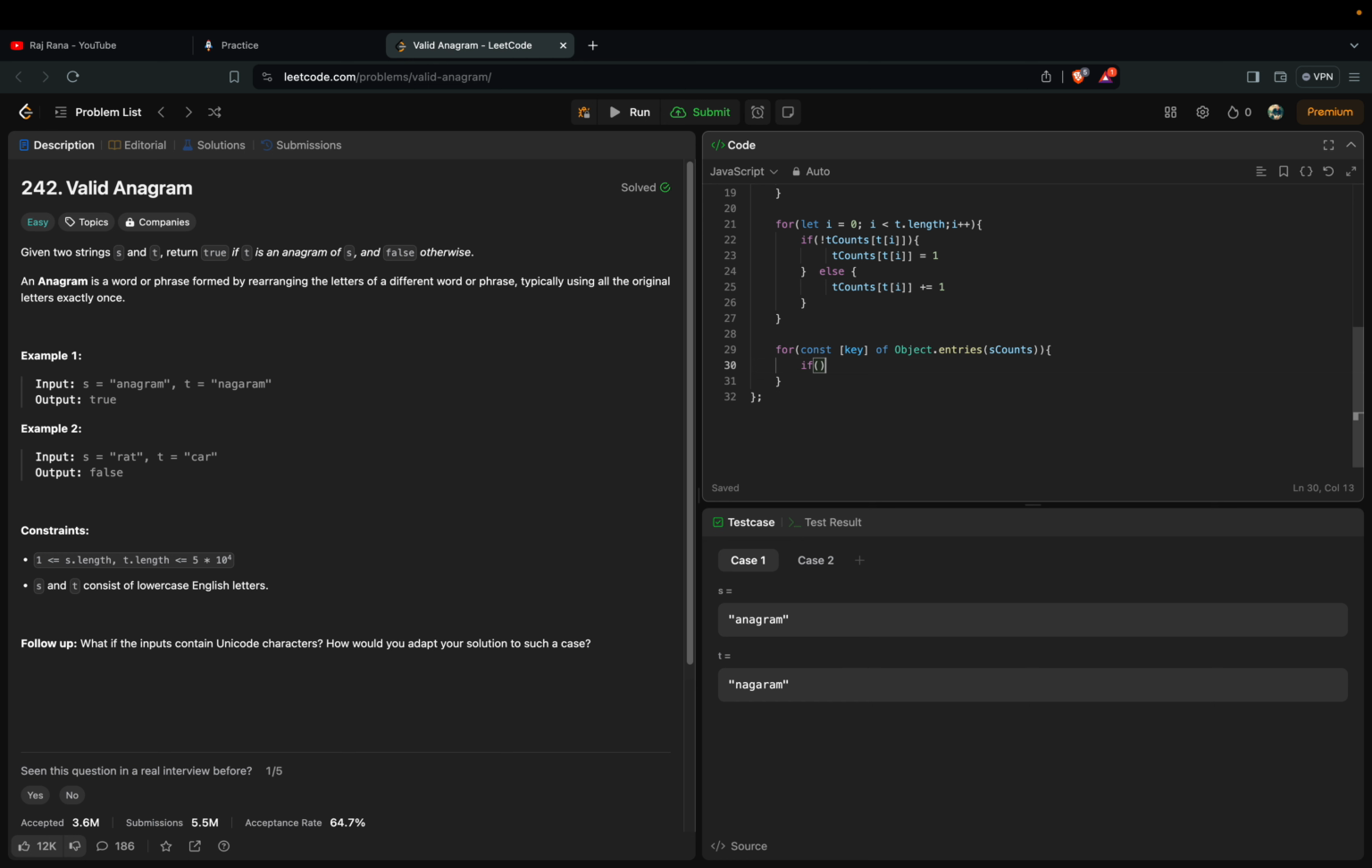If there is a count mistake, like if a is appearing in the first string three times, let's say, and in the second string it is appearing two times, or it's not appearing, then in this condition we want to exit this whole process, because it's not an anagram. Okay, so for that we can keep a condition like this, where we are checking if this key